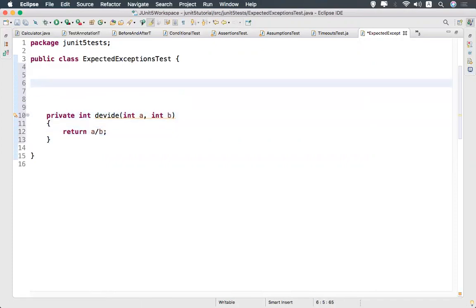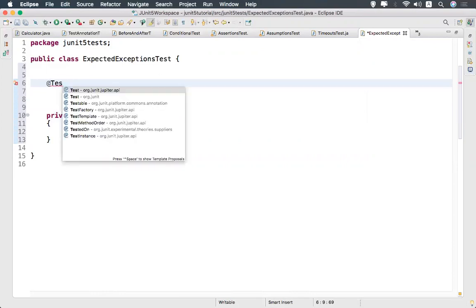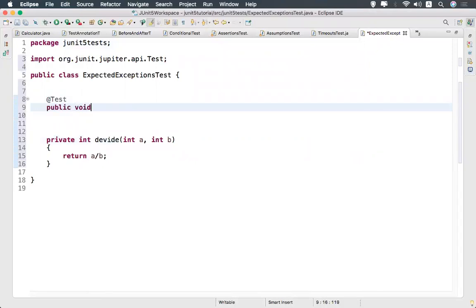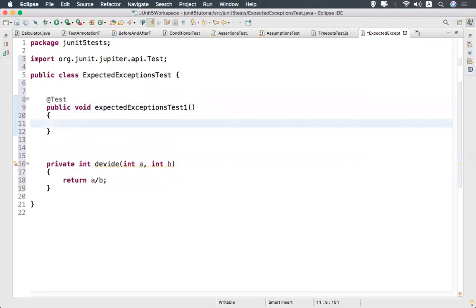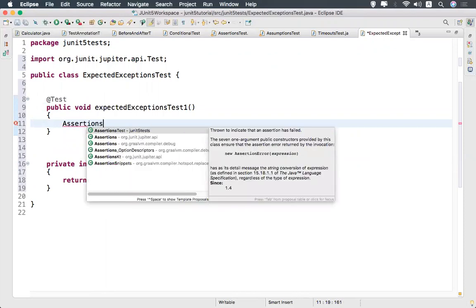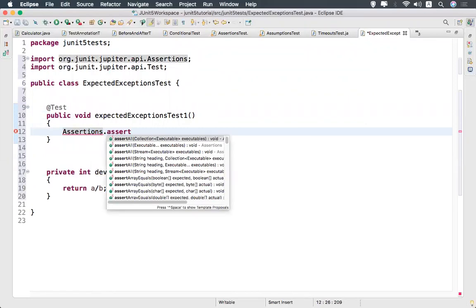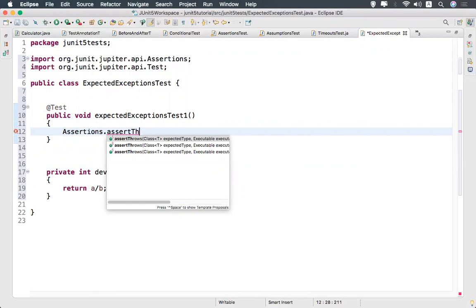Now I will test this method with @Test from the Jupiter API, public void expectedExceptionsTest1, something like this. Here we have Assertions from the Jupiter API dot assertThrows.